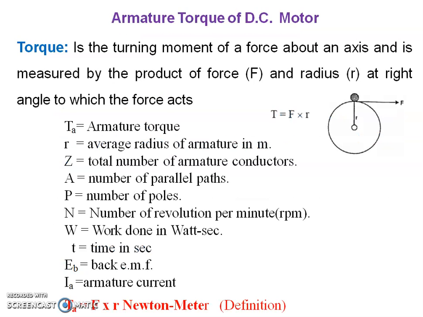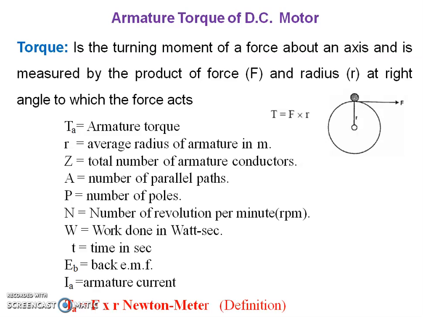Now we will see the derivation of armature torque. You know torque is nothing but turning moment or twisting moment. Torque is the turning moment of a force about an axis and is measured by the product of force and radius at right angles to the force axis. Let TA be the armature torque, R the average radius of armature in meters, Z the total number of armature conductors, A the number of parallel paths, P the number of poles, N the number of revolutions per minute, W the work done in watt second, T the time in seconds,